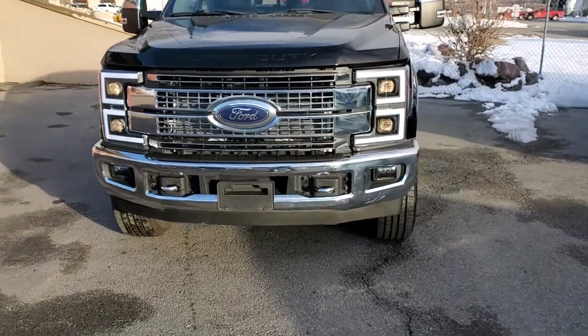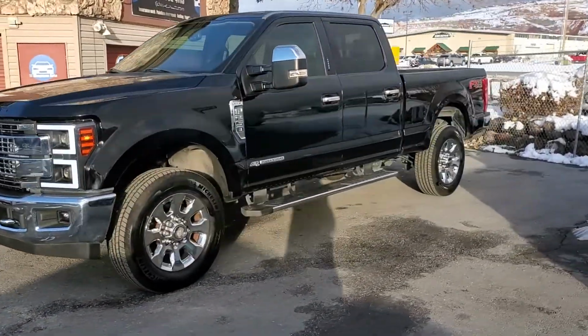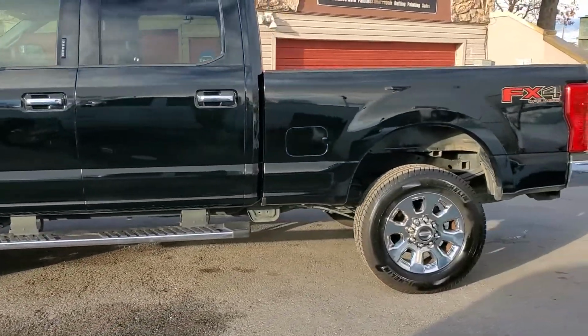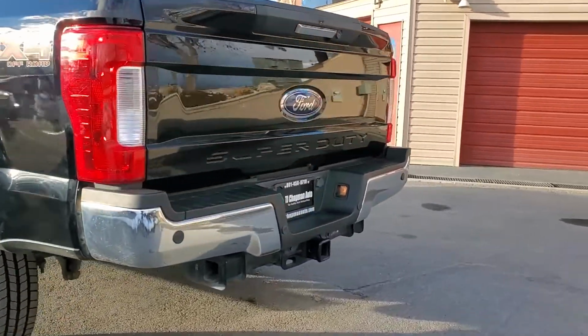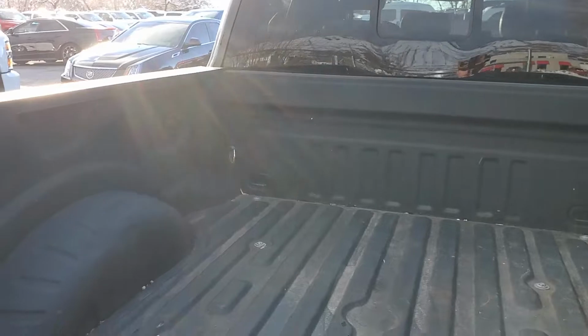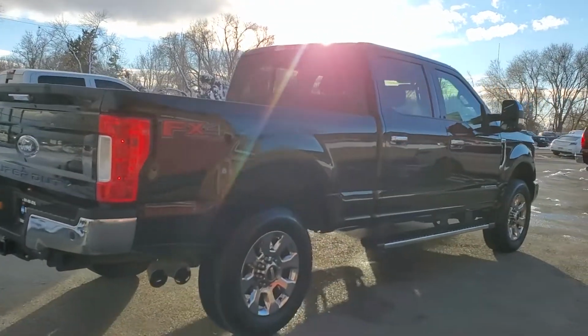Let's have the LED headlight surrounds, tow hooks up front, fog lights up front, polished alloy wheels, and the FX4 off-road package, tow package, spray on bed liner, power sliding back window,